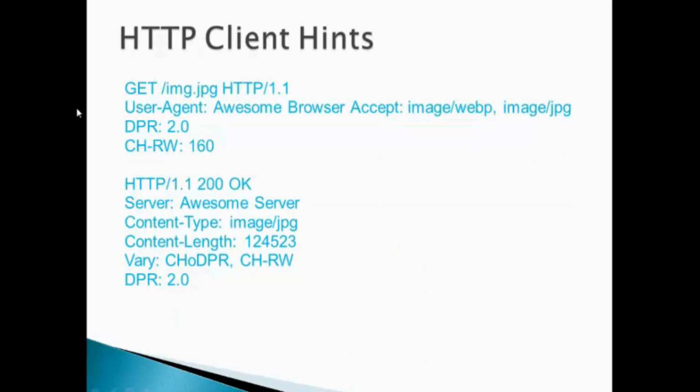Here we can see the HTTP client hints code. Client hints is a header sent to the server to let it know what device pixel ratio you are rendering, here 2.0, and what size you are actually looking for.